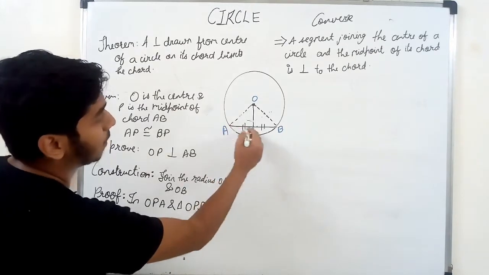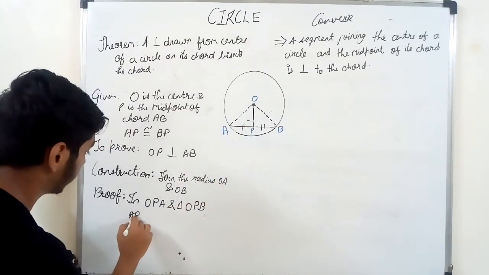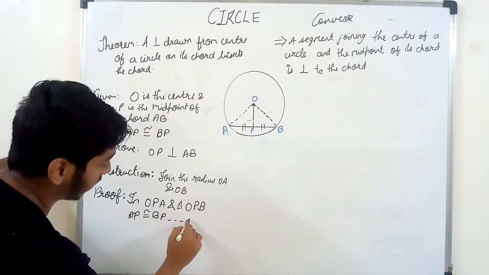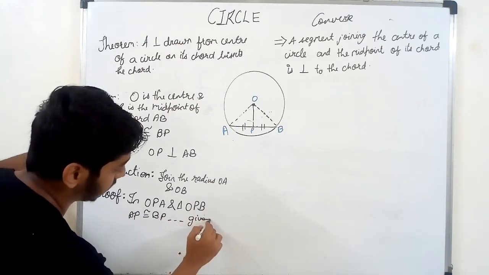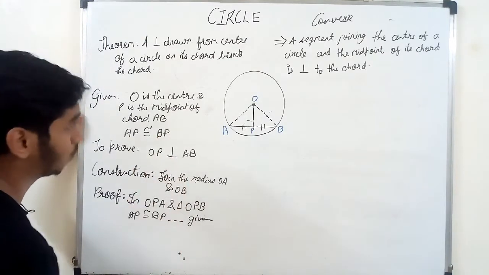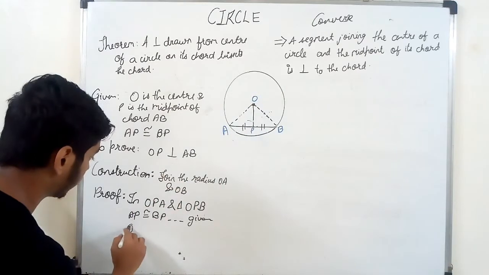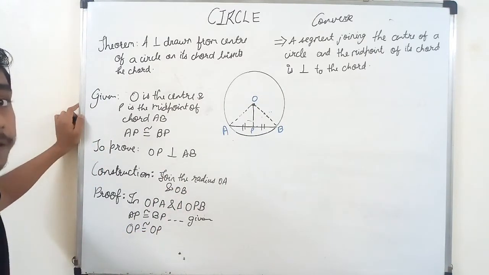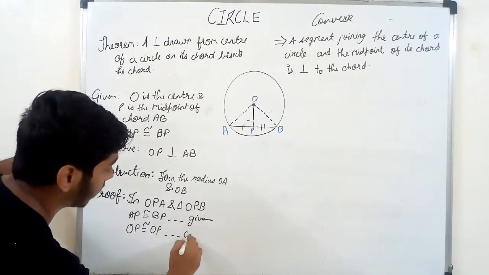We can say that AP is congruent to BP. Why? Because it's given. Yes or no? AP is congruent to BP, it is given to us. Now OP is congruent to OP itself. Why? Because it's